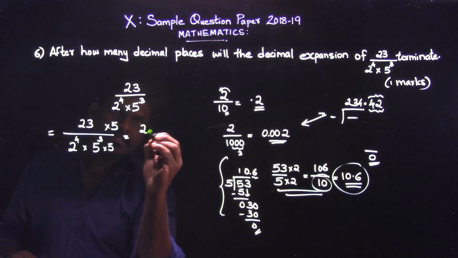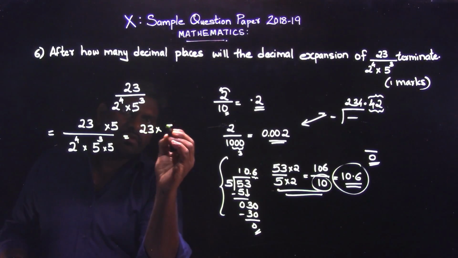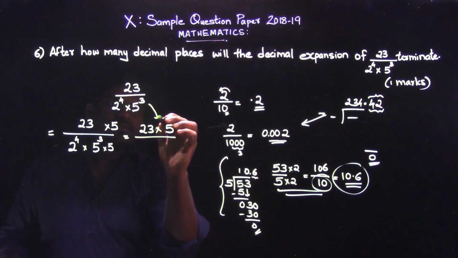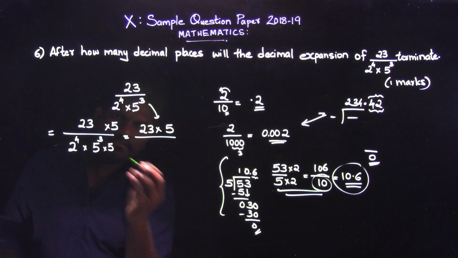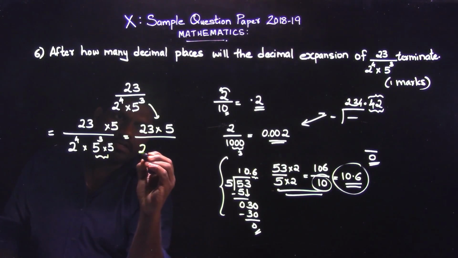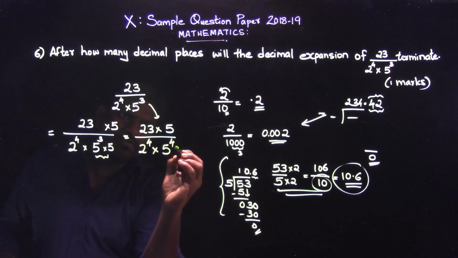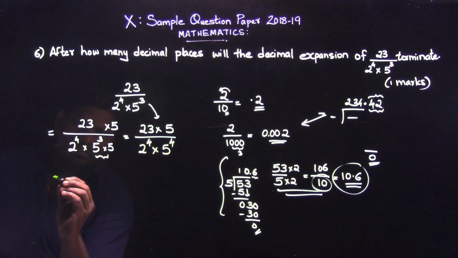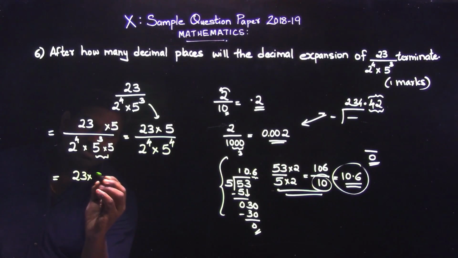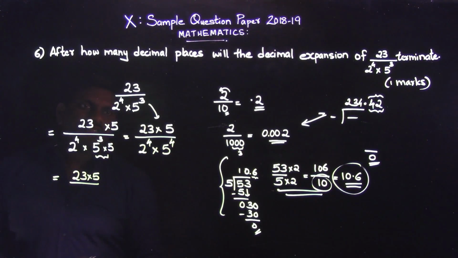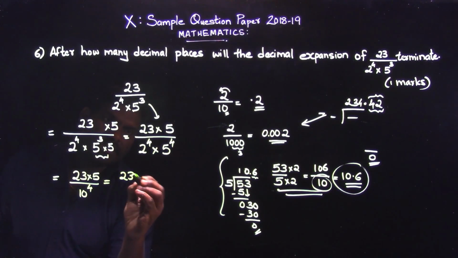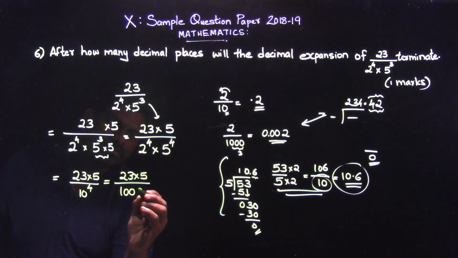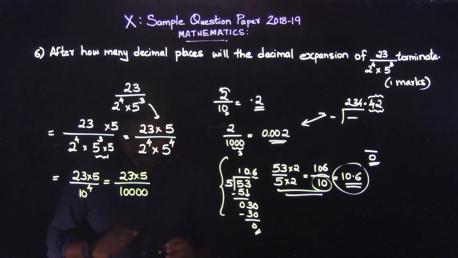Thus, I can write this one as, I'm making it a little lengthier for you to think if you don't know. And if you know it, you can jump into this step. 23 into 5 by these two things together, I can write 2 raised to 4 into 5 raised to 4, making the powers the same. Then you could write 23 into 5 by how many places? 10 raised to, or we can write 2 into 5, the whole raised to 4, or multiply and write 4. So 4 zeros. 23 into 5 by 4 zeros. Fine. Any doubt?